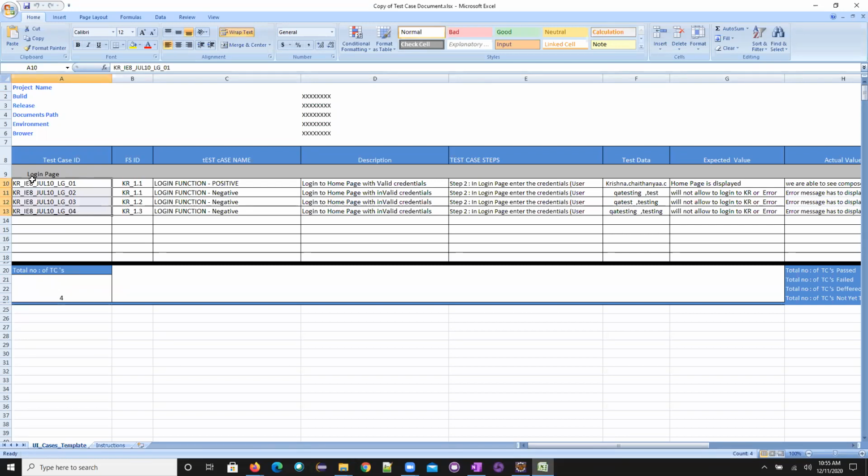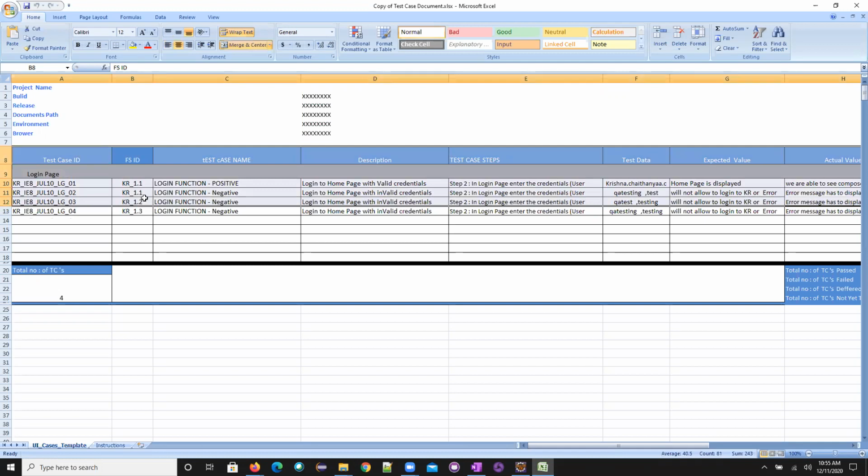So this is the product name and the browser which we are using. At that time, we were using IE8 and the month July 10. So it's 2010, so year, month, and year. And then this is the product module name and the test case ID. It's up to you how you want to give the IDs. And FS means, what is FS ID? I don't think nowadays we will have this one, but still anyone can guess.